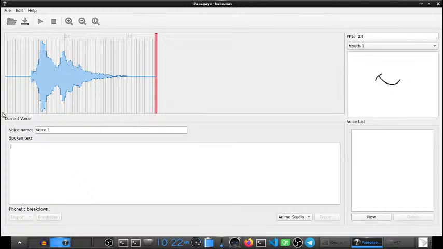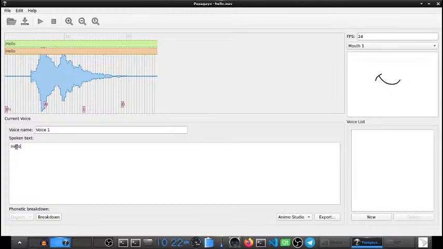Now, in this field, called spoken text, I have to type the words of the sentence that are included in the audio. So as in this example I'm saying hello, all I have to do is type hello right here. As I'm typing hello, you can see that there are these two boxes, a green one and a red one. The green one shows the whole text. We don't have to deal with this component. We have to focus on the red square, the red element. Okay.